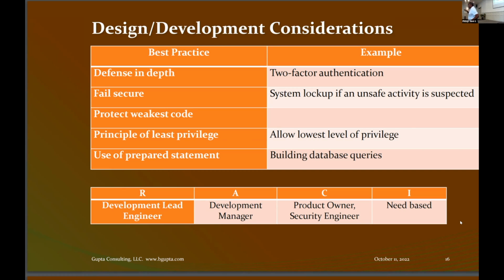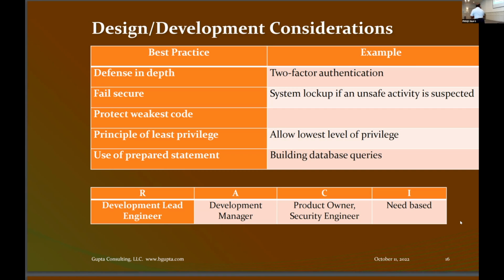Who is responsible? Who should do what in this particular case? The lead engineer should make sure that best practices are being followed. I could say managers should make sure, but managers are a level away. I think the lead engineer is the one closest to the engineers. They are responsible for it, and the accountable person is the development manager. He would have the consequences of that kind of risk to the system.